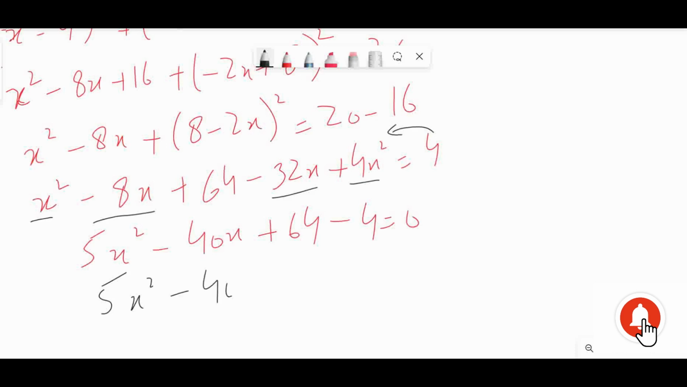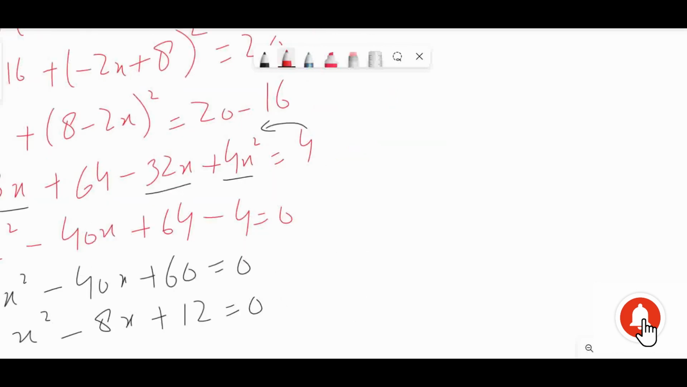minus 40x plus 60 will be equal to 0, and if we divide 5 on both sides, the equation will become x square minus 8x plus 12 is equal to 0. Now we can factorize it like this, it will be x square minus 2x